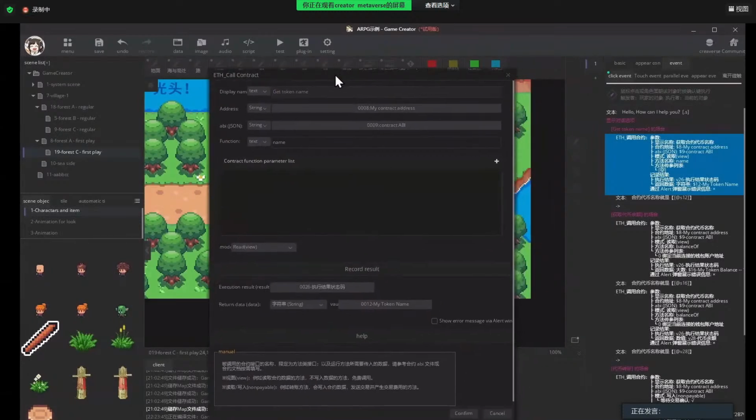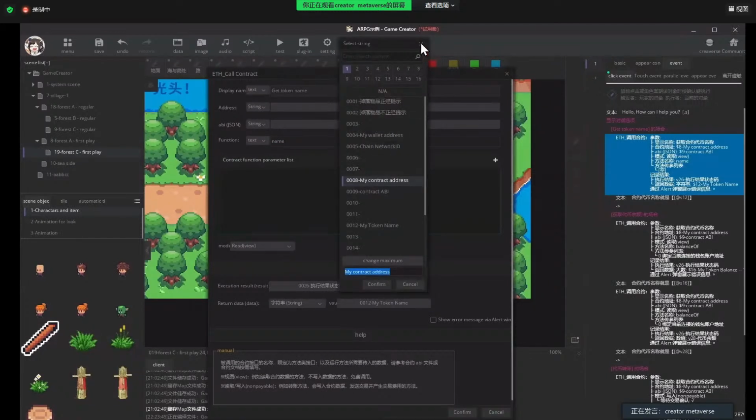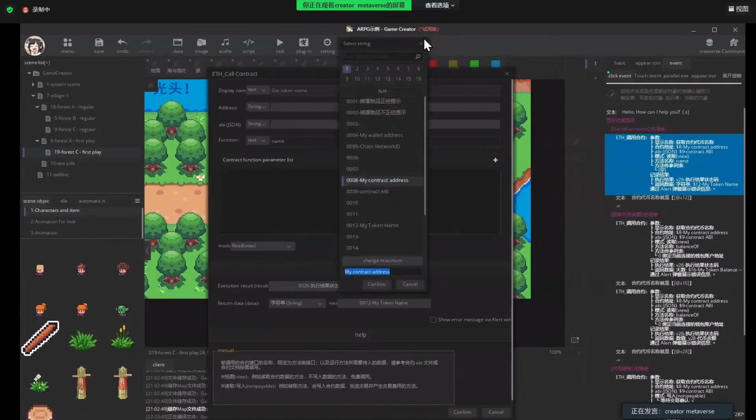It will check the name function with the smart contract address, which was previously written into these variables.